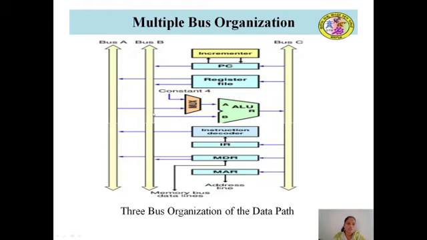In this diagram, it makes use of 3 buses: bus A, bus B and bus C. So we call it a 3 bus organization of the data path. Let me repeat all the modules once again. The PC, the program counter, always holds the address of the next instruction. Each time, the content of the PC should be incremented by 4. So to increment the content of the PC by 4, we use a special module called an incrementer.